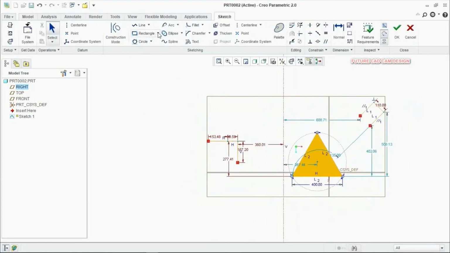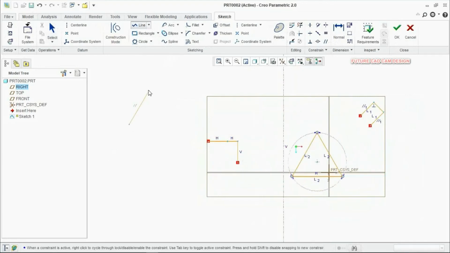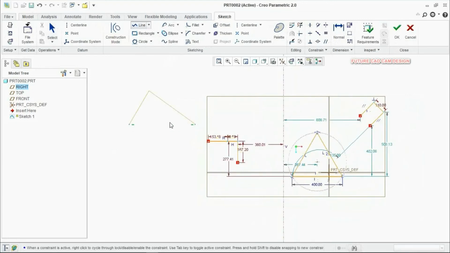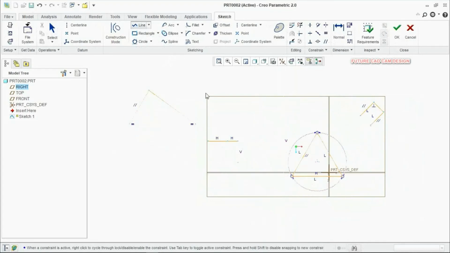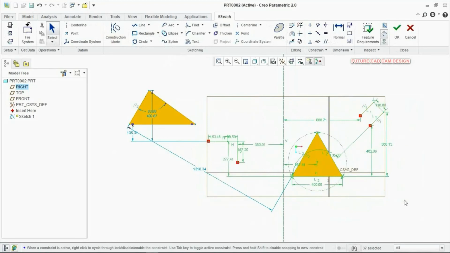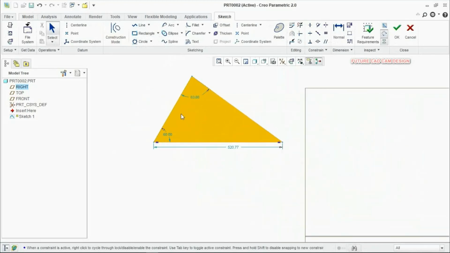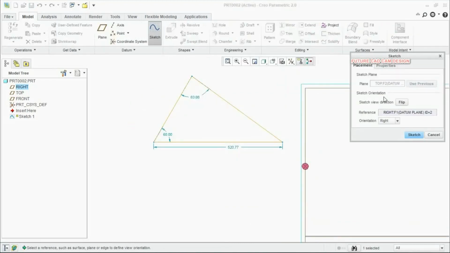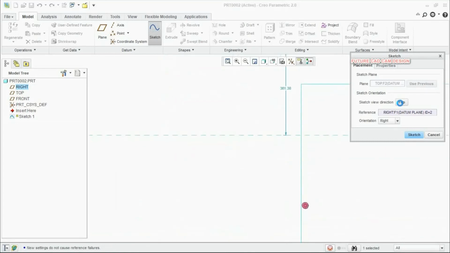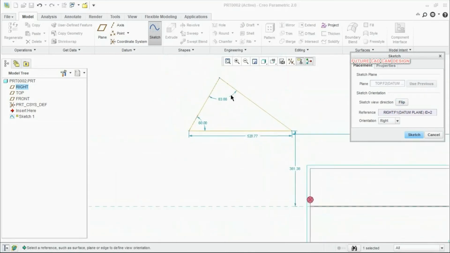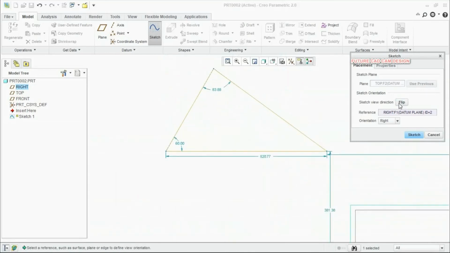For example, I am making a line. If you give sketch setup, you can flip your sketch. You can see here I can flip the plane in whatever direction I need.